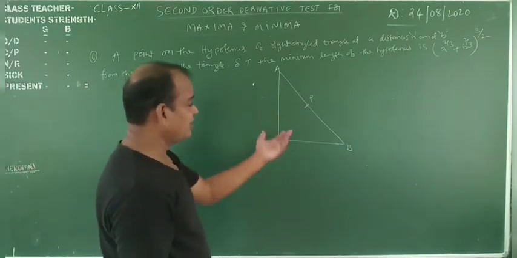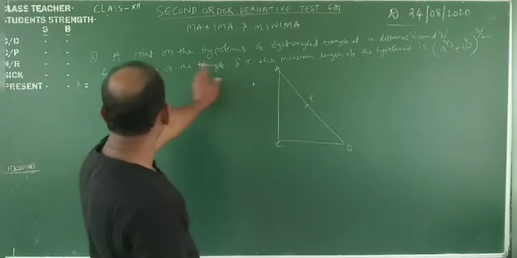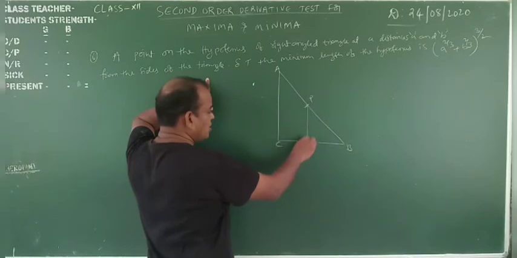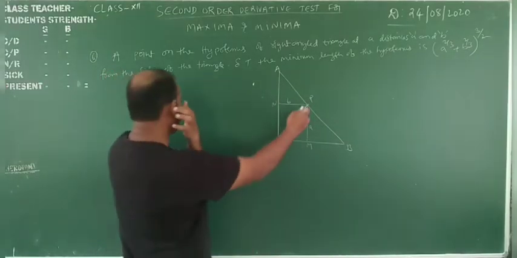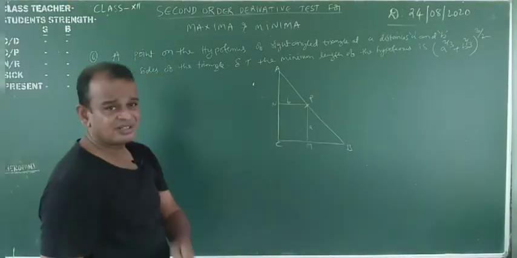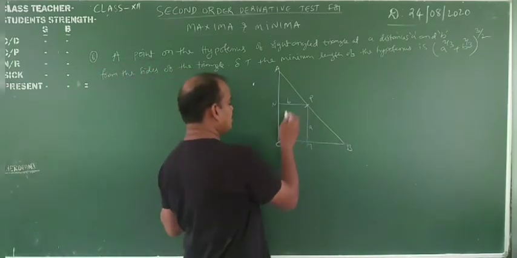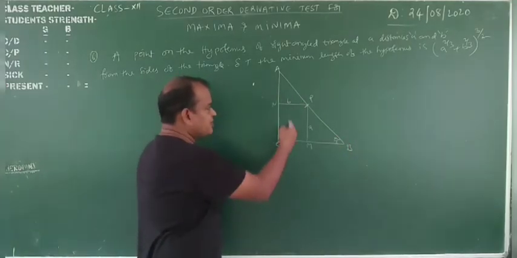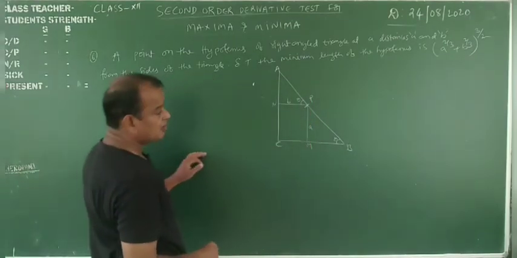Suppose it is not a coordinate axis, but that point is at a distance of a and b from the sides of the triangle. Okay, this is P. Suppose this distance PM is a, and this distance PN is b. The point P, not (a, b), my dear friends. These two must be parallel. Suppose this angle is theta; these two are parallel lines, and this is the transversal line. This is theta, so this is also theta. Okay, my dear friends.